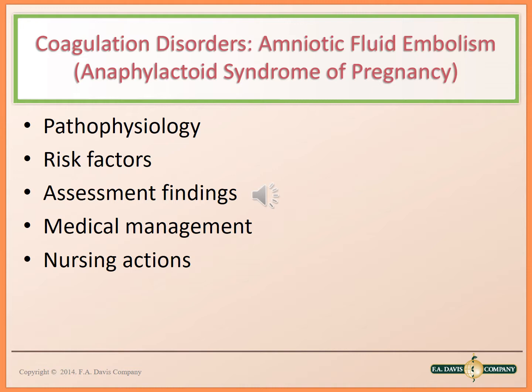So it could, same thing as any kind of embolism. It can go to the brain, it could go to the heart. So we do want to monitor both, and this again could be a serious condition where the woman is jeopardized and her life is at risk. Many of the risk factors include induction of labor, abruptio placenta, placenta previa,